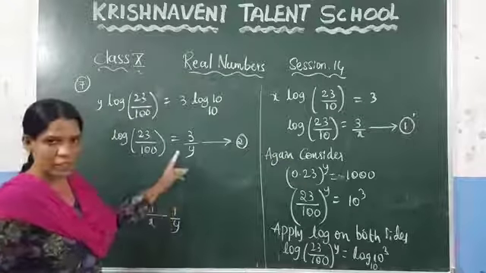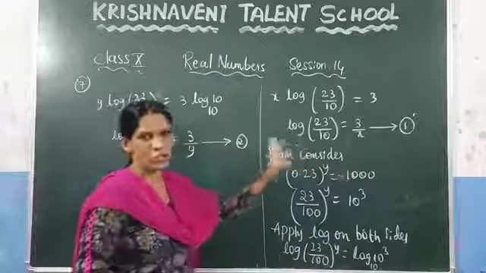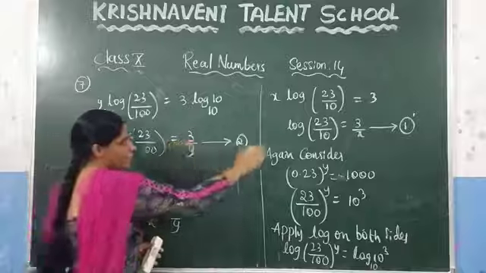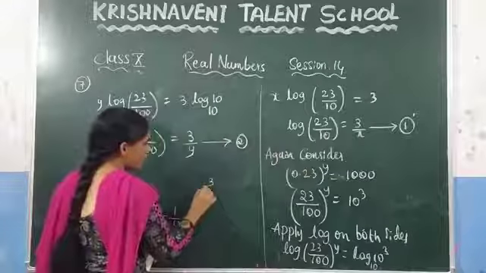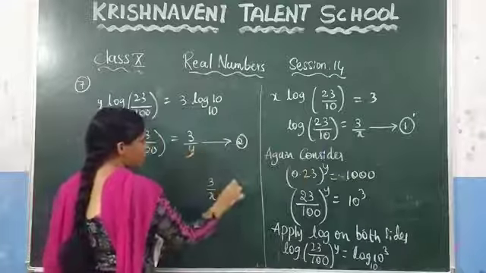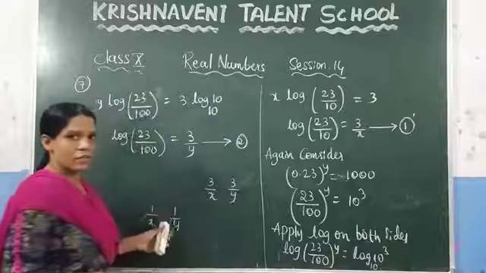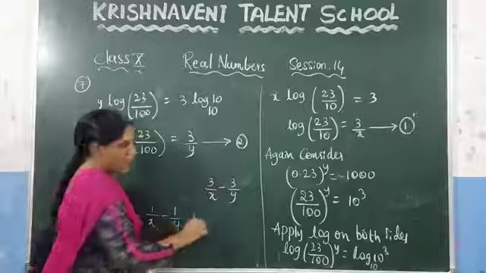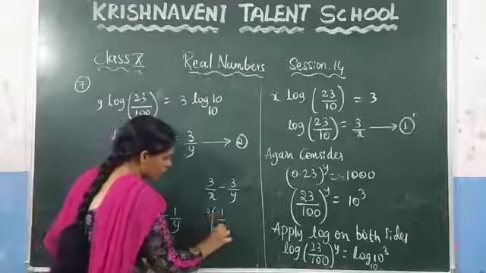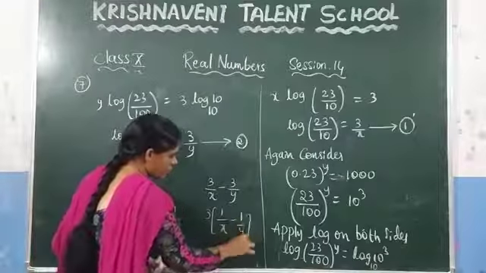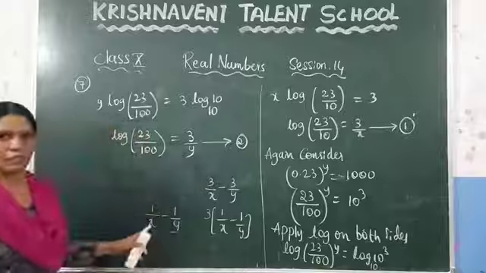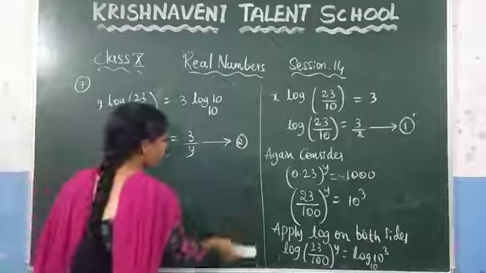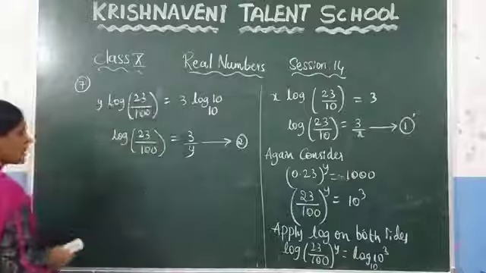What we need to do? We need to subtract these two values, because if you observe the right hand side, what is there here? 3 by x, and what is there here? 3 by y. In the question they asked to find this value. If you subtract these two values and take 3 common, you will get 1 by x minus 1 by y. That value we need to find. For that reason we have done all these calculations. Now what we need to do? We have to subtract these two equations.